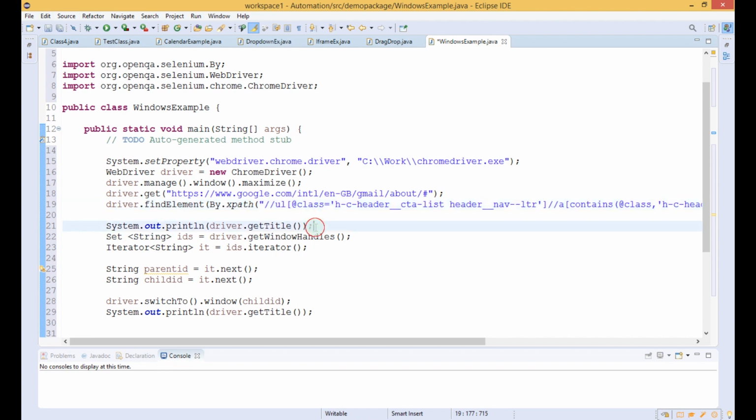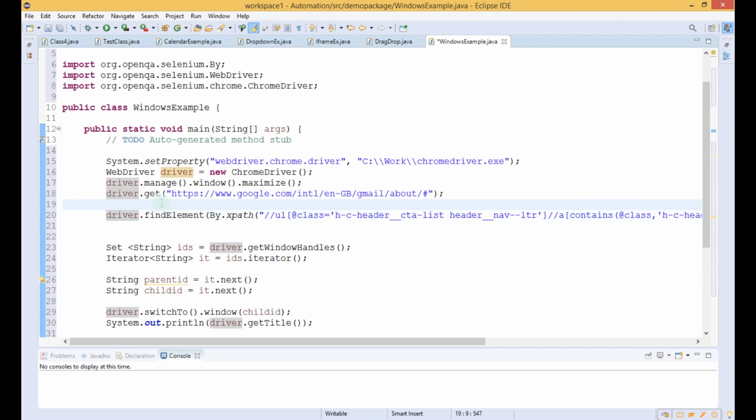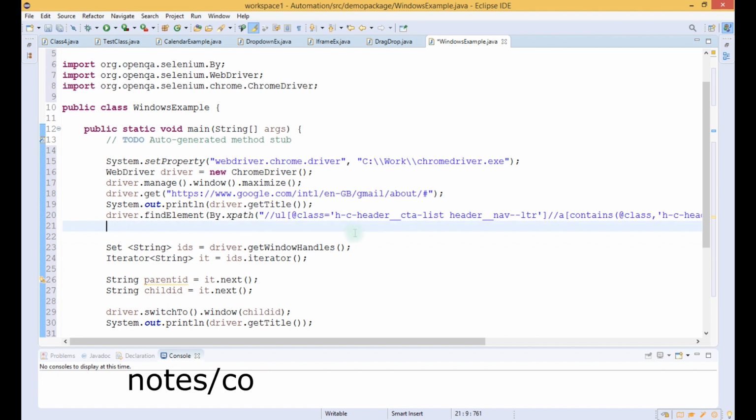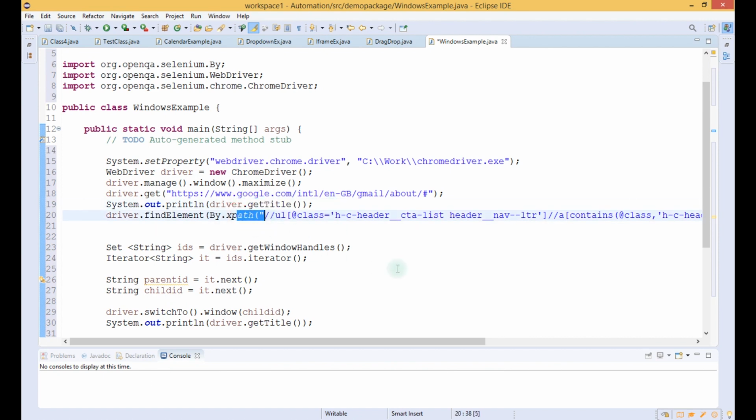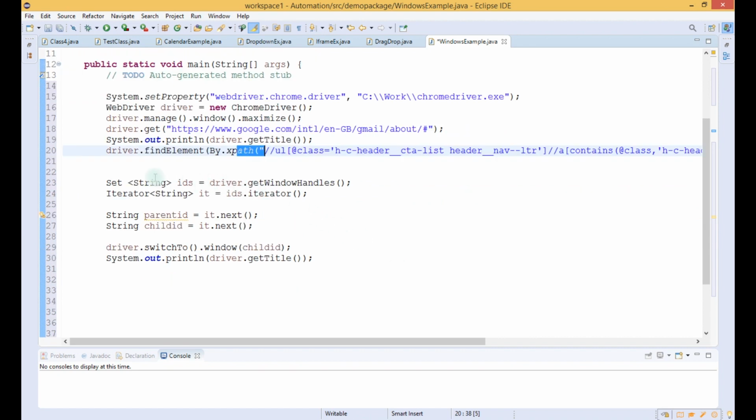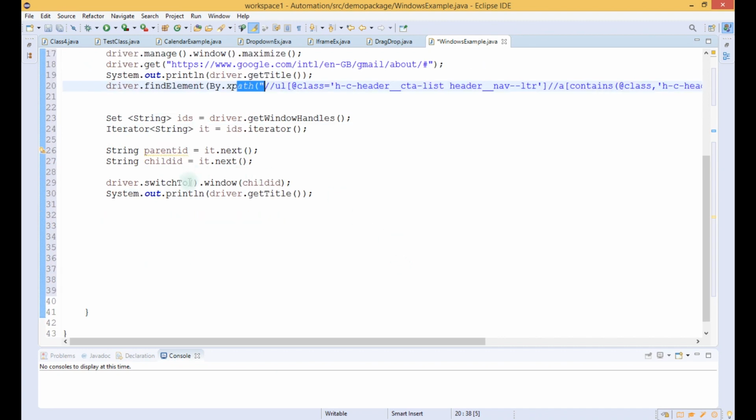So it will click on that button. After clicking, a new tab is displayed, so I will remove this code from here and paste it here, right? So this is our program. First of all it will open this URL, then it will print the title of the page, then it will click on that button, and after clicking we have written the procedure for switching to the child window, and after switching it will again print the title of the page, and at last we will write driver.quit.